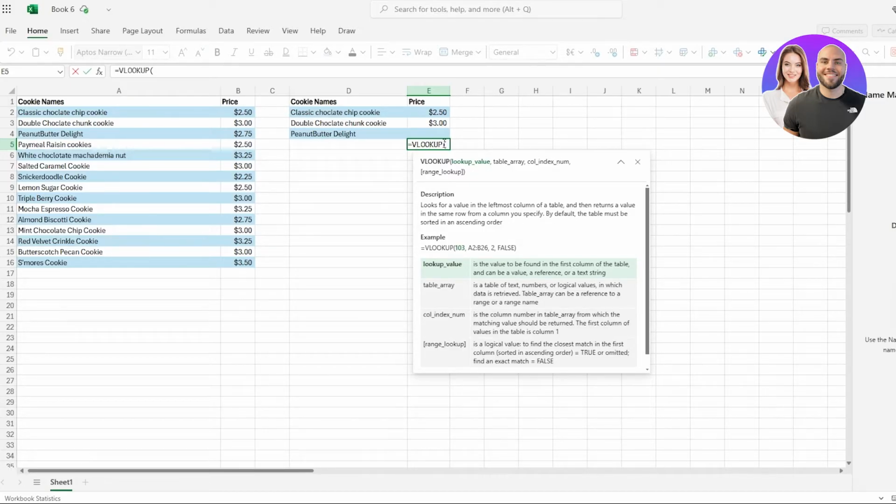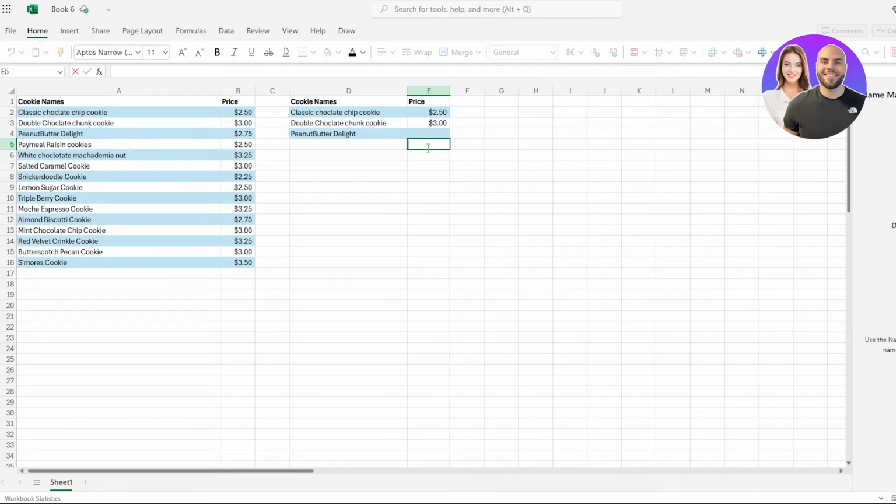So we're going to add the lookup value, but I think I should go ahead and back this up and add it over here. Let me actually do that. So here is what we're going to do. Since we want to know the price of chocolate chip cookies,